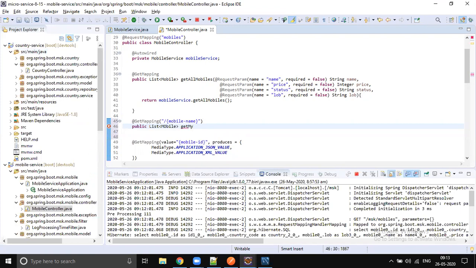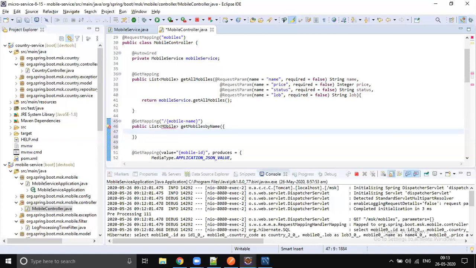Get mobiles by name. Multiple mobiles can be present with the same name, so that's why we are giving the return type as list. So we are done with the method signature.